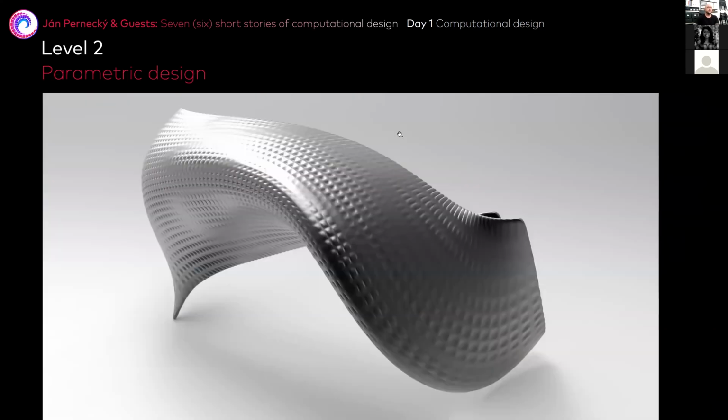The next level is parametric design. This is a bit of a tricky term, because when Patrik Schumacher is talking about parametricism, he's talking about something different. But parametric design, well, it's a discipline. Parametric modeling is a technical discipline. But here within the architectural and product design realm, I think we can identify certain things that could be called